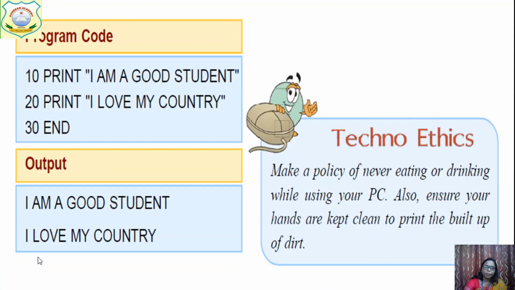Okay, now some more examples. Simply, whatever you write between double quotes, it will print as it is. 10 print I am a good student, 20 print I love my country. So which is the first line of output? I am a good student, and the second line of output is I love my country. Okay,